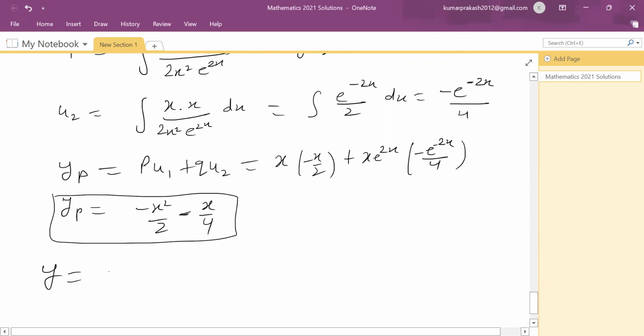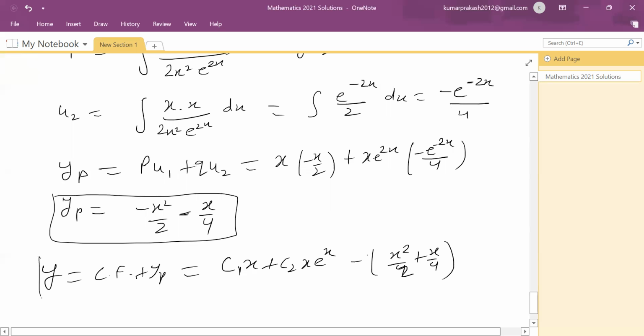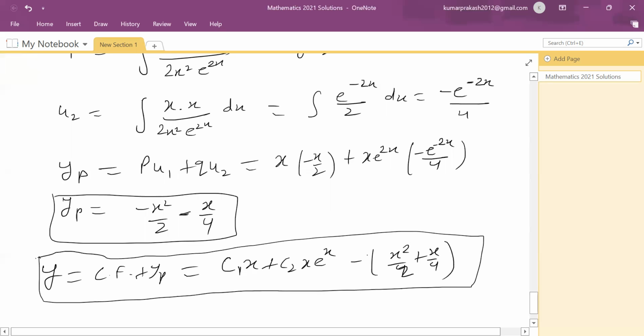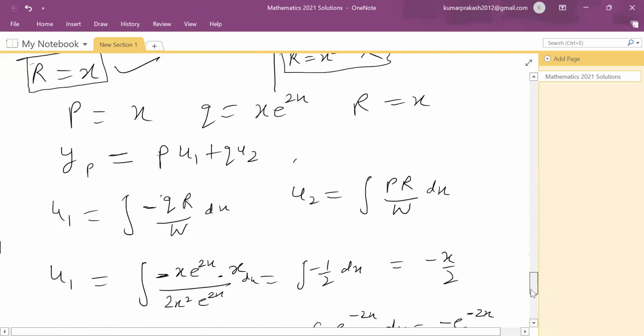So the complete solution: y is equal to CF plus y_p, where CF we have already found, c1 x plus c2 x e to the power x, minus x square by 4 plus x square by 2 plus x by 4. This is the solution. Because the integrations of u1 and u2 are very, very easy, this became like a